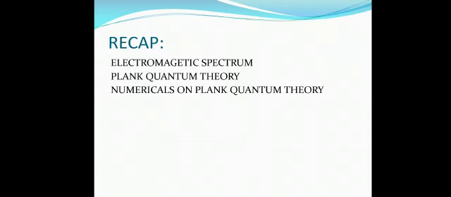Second, we discussed Planck's quantum theory. Planck in 1900 said that energy emitted or absorbed by a source is always discontinuous. It is not coming out continuously, but it is coming out discontinuously, like bullets come out from a pistol. Pistol is just considered like a source from where the energy is emitted, and bullets are quanta of energy. Bullets will not come out continuously from the pistol, but they come out one by one. So similarly, energy emitted by the source will also be discontinuous, it will come single by single.